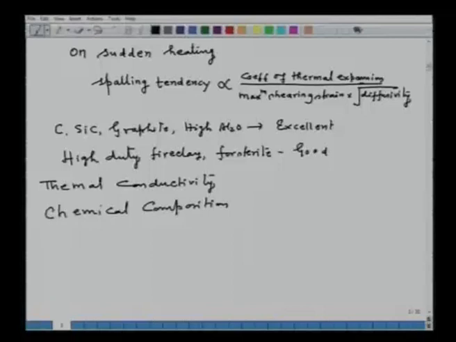So, if you have an acid slag, you cannot use a basic refractory like MgO or CaO based refractory, or if you have a basic slag, then you cannot use an acid refractory like SiO2 or fire clay, because then the reaction will go on, and that is what the chemical composition of the refractory means. That means the chemical composition of the refractories must match with the composition of the phases, such that no chemical reaction occurs. That is an important thing.